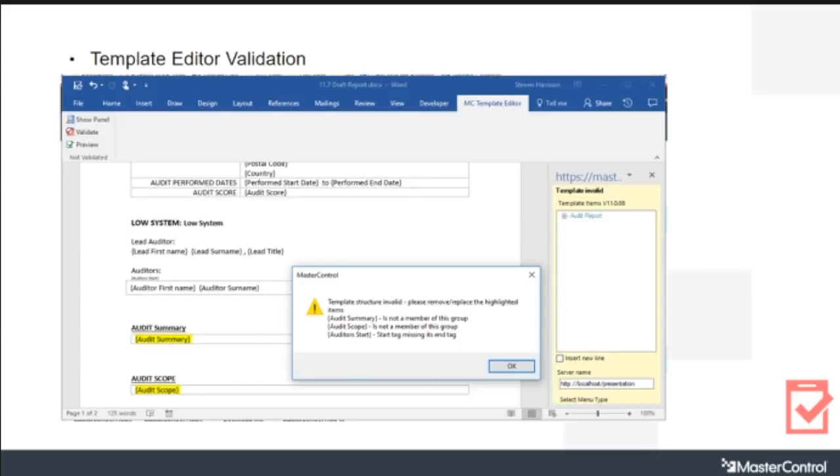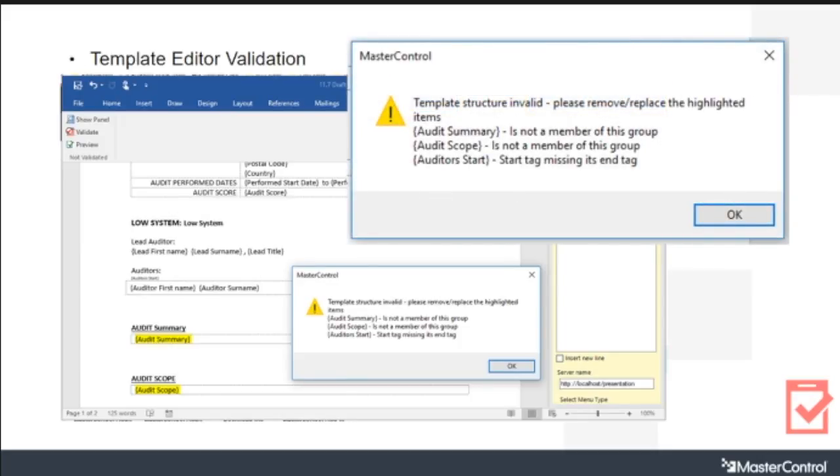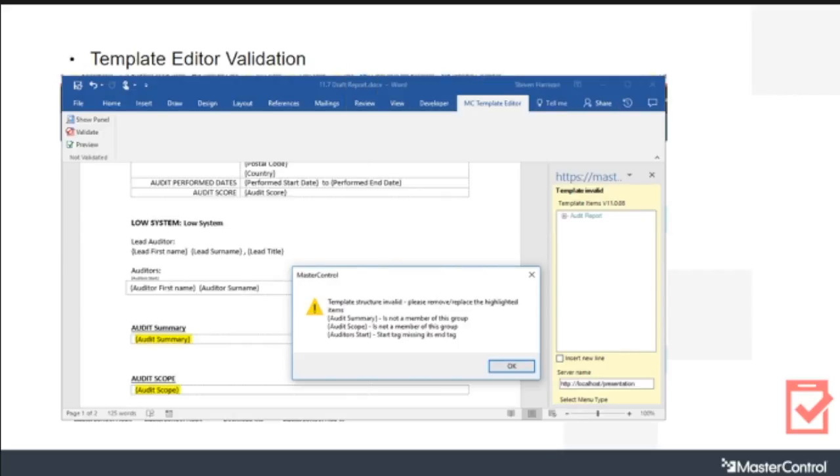If I zoom in, it's a bit difficult to see. Oh, there we go, that's better. But here we've got a list of our auditors, and that's a start tag, but there's no end. So what it thinks is that you've put the summary and the scope within the auditors group, but they're not auditor fields. So that's what it's saying. Summary is not a member of the group of auditors. So an easy fix is to,